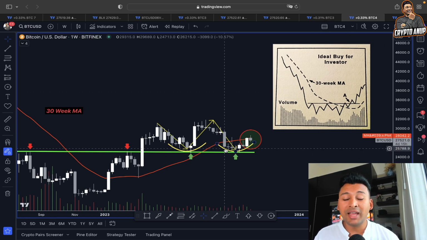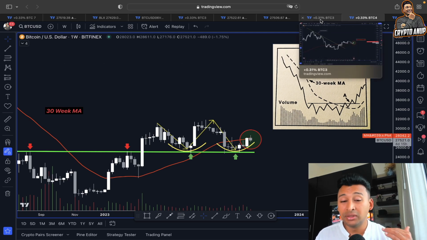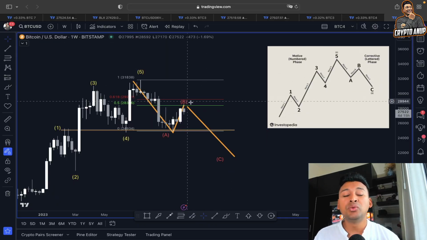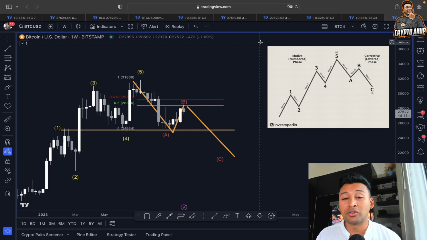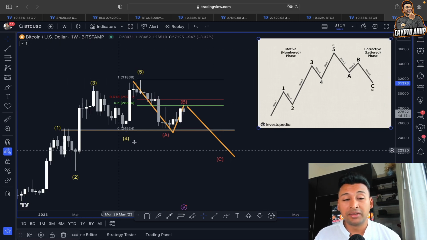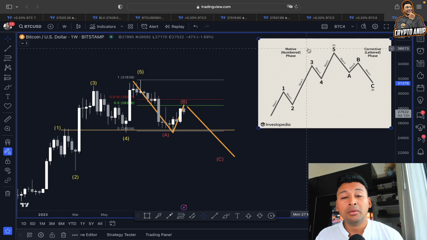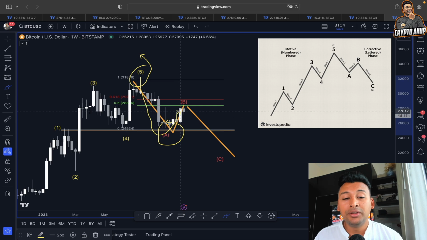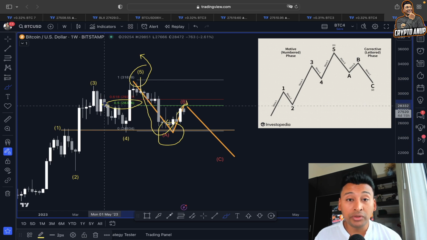Yes, guys, this 28,000 right now will be looked at as a psychological resistance level, but failing to find support of that could lead to another bearish continuation like this, because according to the Elliott wave theory, you can see we have completed the motive phase numbered 1, 2, 3, 4, 5, and now we could be finding ourselves in this corrective phase. In our case, the price of Bitcoin also showed a rally from this top till the bottom line. If you look at this rally, it got attracted towards the 0.5 Fibonacci line, and got rejected on the 0.5 Fibonacci line,